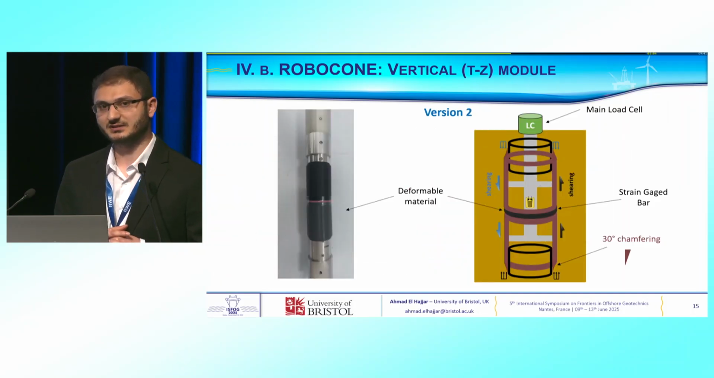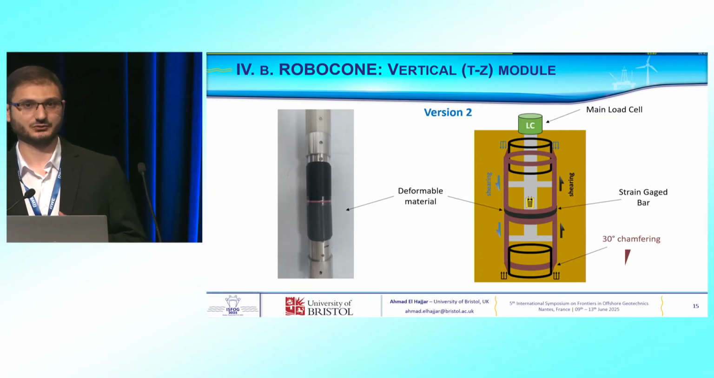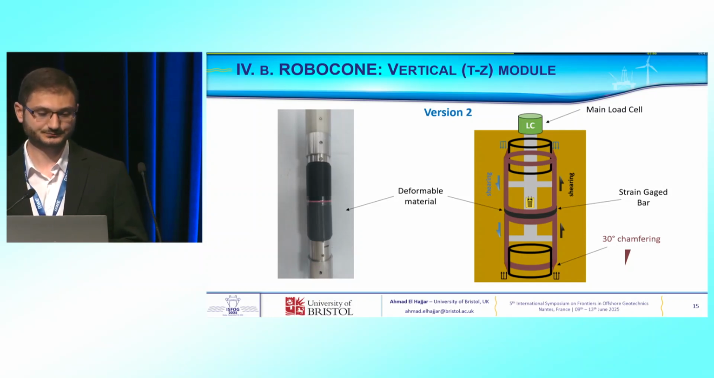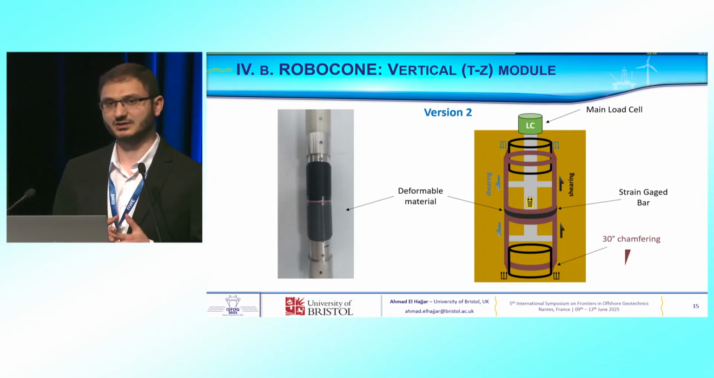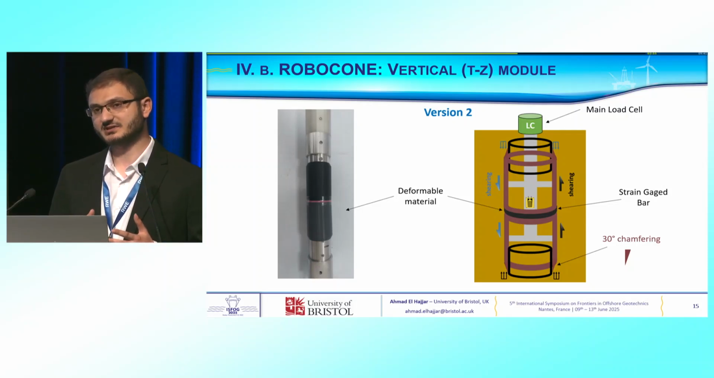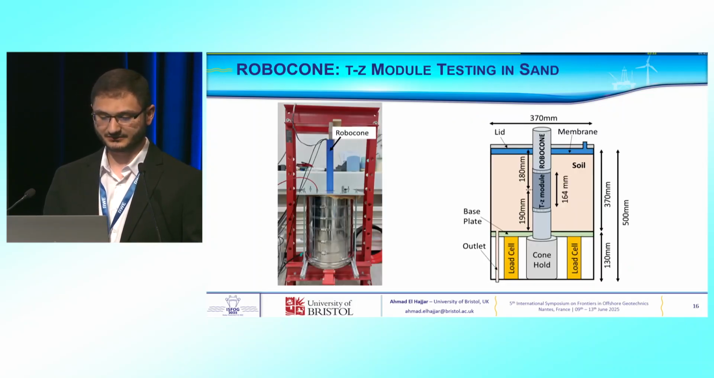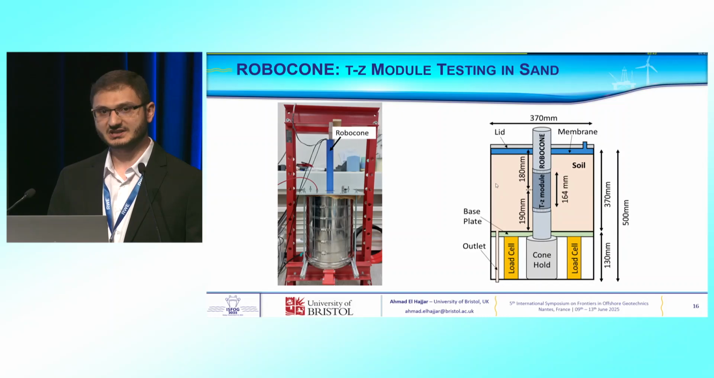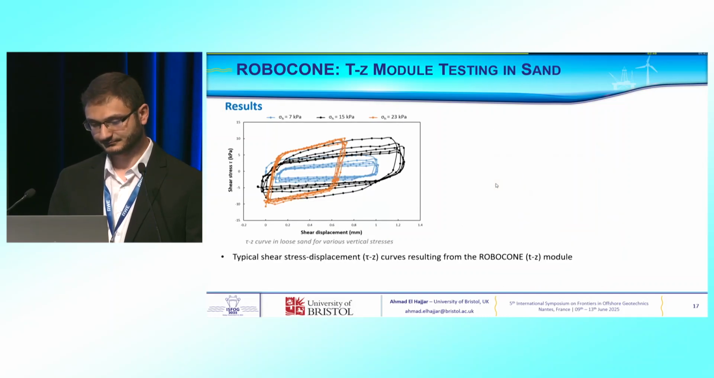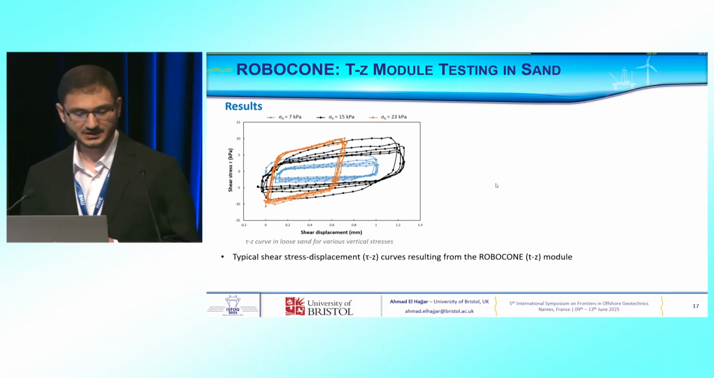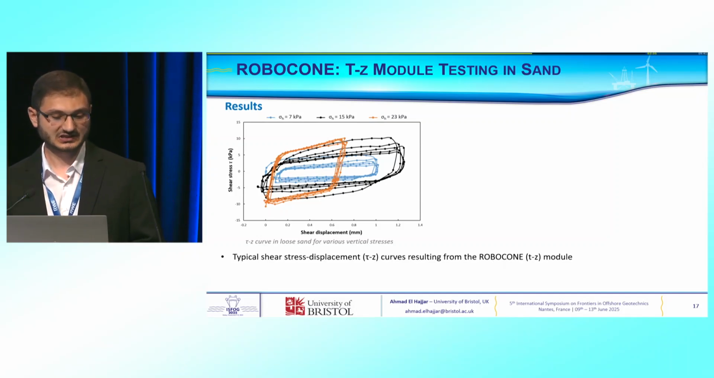So we moved to a second version. We split the sleeve in two disconnected sections, and we strain gauged the bar. By using the subtraction method, we can get directly the shear on the sleeve. We use the same calibration chamber to do testing, and here we use a soil pressure sensor to measure directly the expected horizontal stress. Here we can see typical shear stress displacement TZ curves resulting from the Robocon